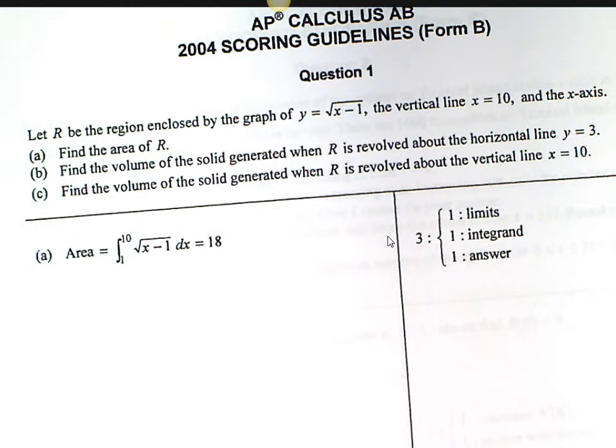Now the integrand. What's the integrand? It's the inside. So if you've got the integral of the square root of x minus 1, okay, I don't know whether or not you need the dx. Now, I know I took points off on your test for not having the dx. I am sorry. But here's the deal. Some years, the AP readers say they need the dx, we'll take off points. Some years, they say no, they don't need the dx, we won't take off points. So they basically told me that if you don't have the dx, that's okay for me, but you need the dx. All right, so 1, 2, 3. Any questions?